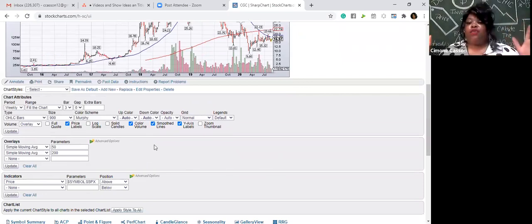So let's say right now we are in a pandemic, and we're seeing a lot of volatility. So for me right now, I think 50 and 200 day might be a little bit longer than where I want to hold a stock that I possibly want to sell short or possibly want to get out of that position. So I probably wouldn't want to handle it for 50 to 200. 50 and 200 days are going to be looking at entry points for companies that I probably want to hold for a little while. But if I didn't want to hold them forever, right, and I wanted to get rid of them soon, I would probably change this to